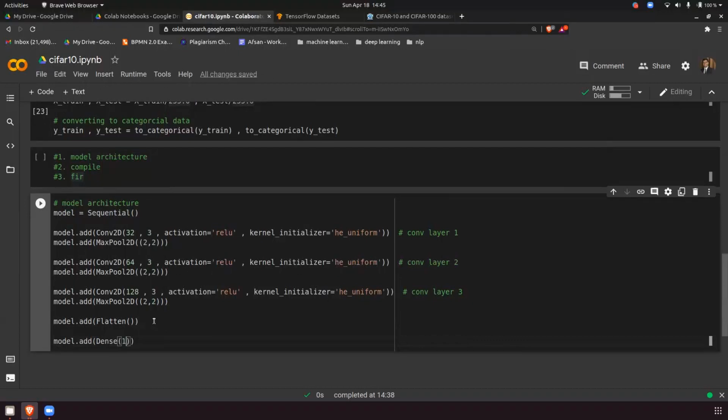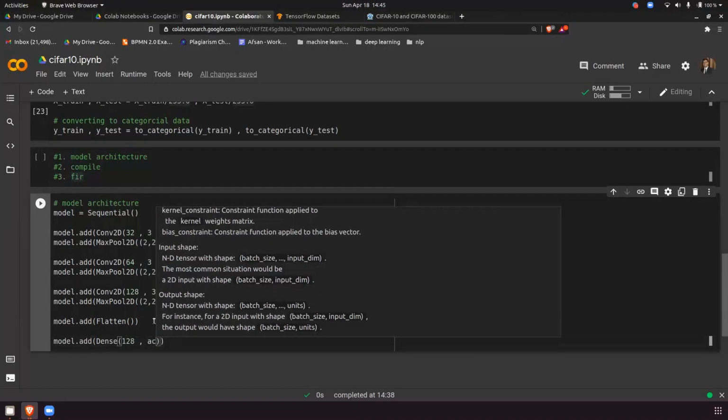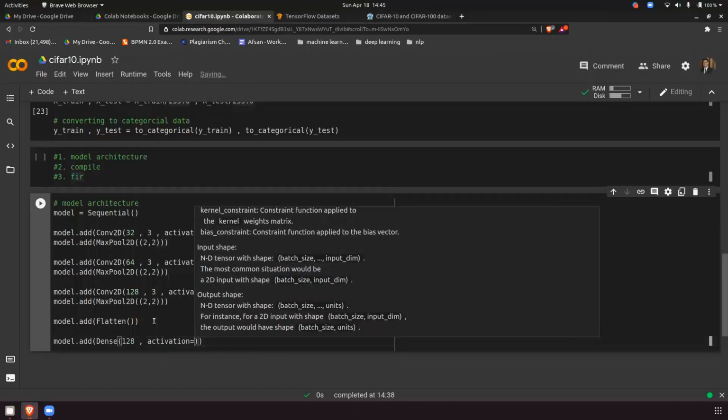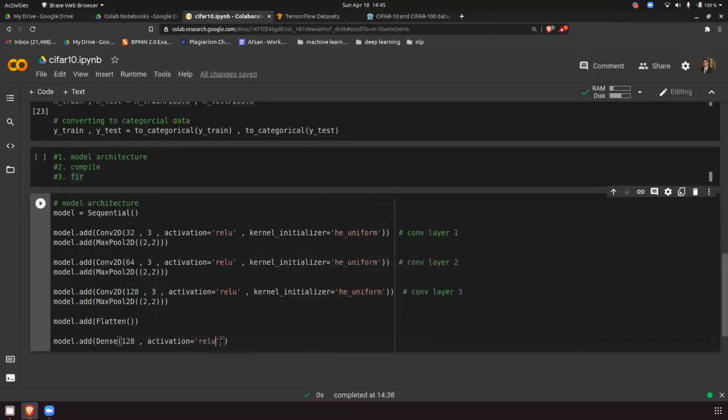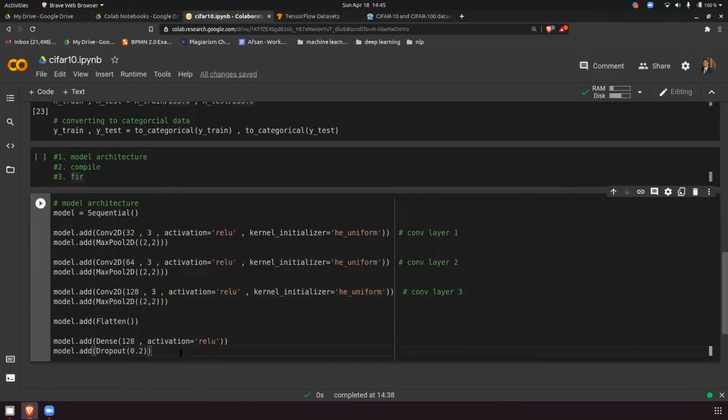I'm starting with 128, activation ReLU. Then model.add, I will use some dropout values. Why do we use dropout? To avoid overfitting.